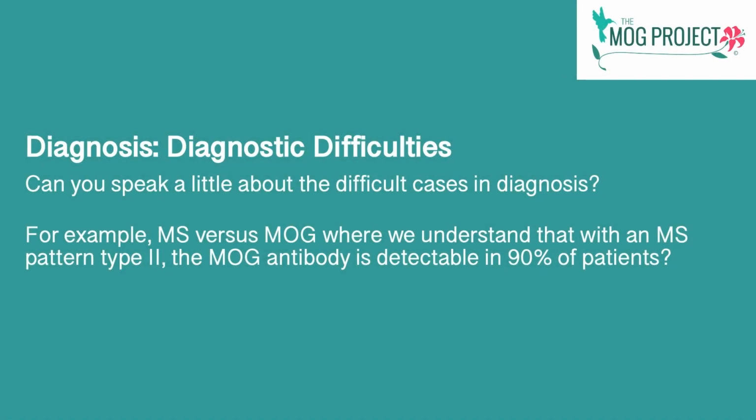Can you speak a little about the difficult cases in diagnosis? For example, MS versus MOG, where we understand that with an MS pattern type 2, the MOG antibody is detectable in 90% of patients. Yes, this is a very good question, and it's referring to what was historically known as